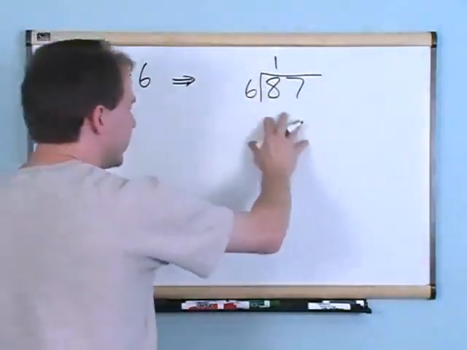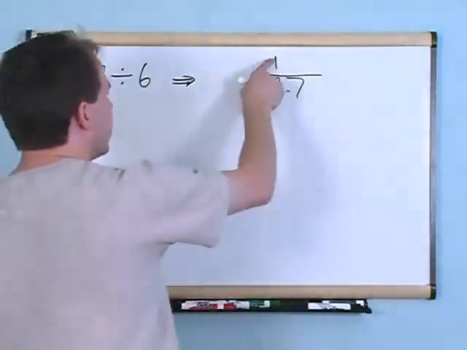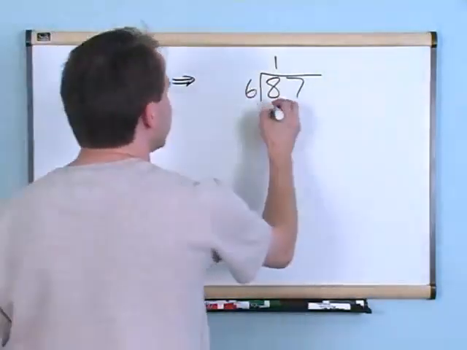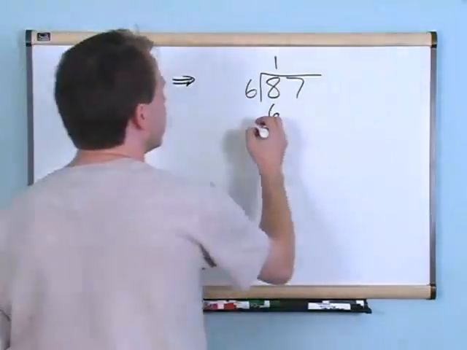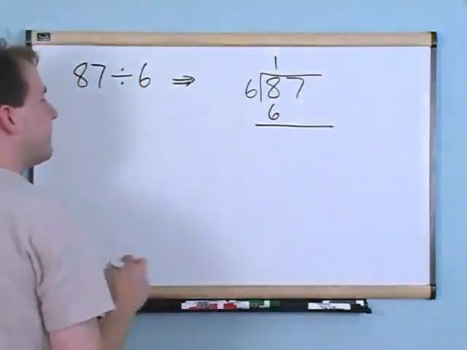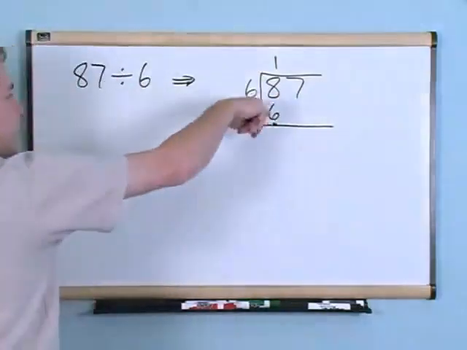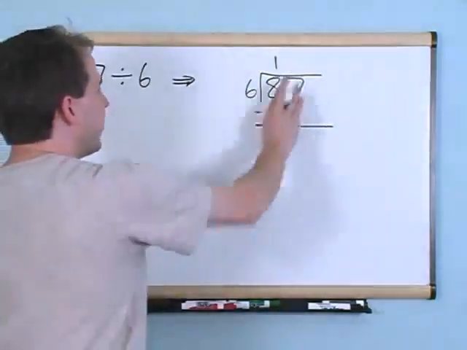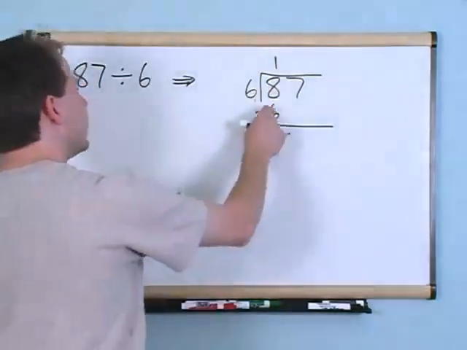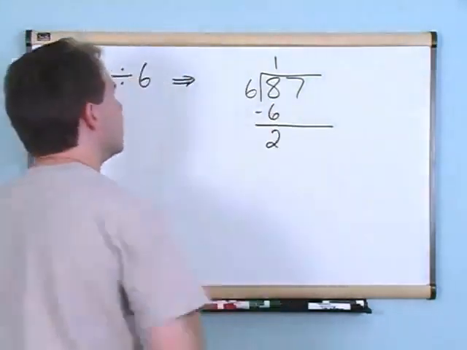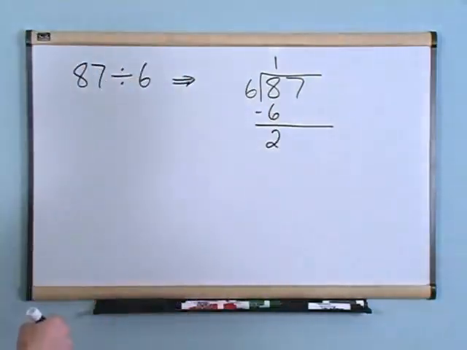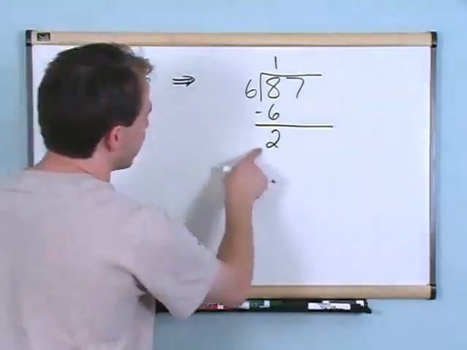And in order to go ahead and continue on with the problem, we're going to say 1 times 6 is going to give us 6, okay? And so we're going to put it down like that. And then the next thing you do is you just go ahead and subtract these two numbers. You don't worry about the 7 at this point. 8 minus 6 is going to give you 2, okay? And the next thing you do is you look at this number and say,